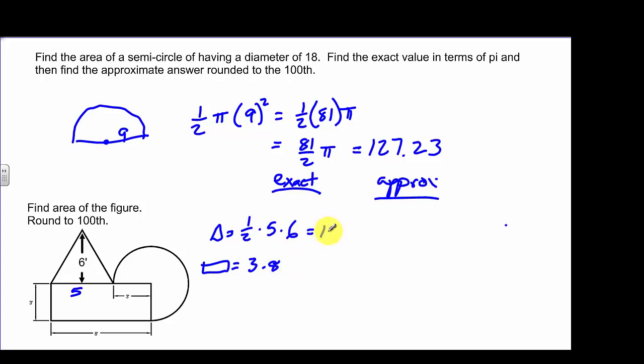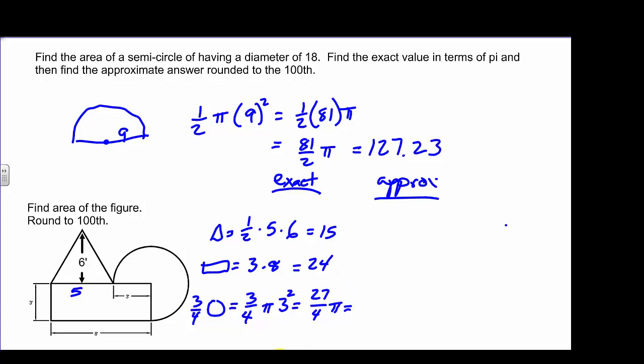This top guy equaling 15, this second guy equaling 24. And then I have 3/4 of a circle. So what I'm going to do is take 3/4 of pi times the radius, and they gave that to us, times 3 squared. So what I have really is 3 times 3 from 3 squared times 3 is 27 over 4 pi, and I'm going to round that once again to the hundredth, because that's what the problem